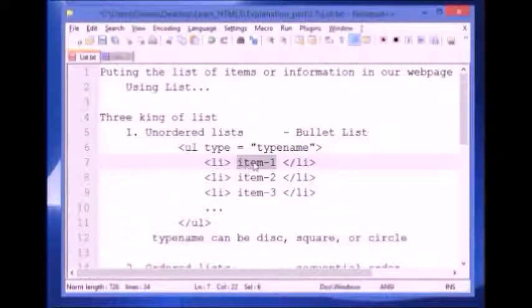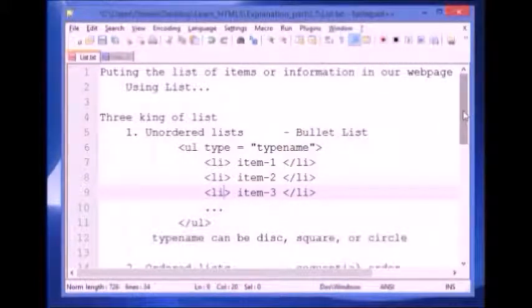So like here li tag is open, here li tag is closed, and within that list item tag we have put here one item 1 or our information what we want to display on our web page. Similarly, we can use as many list item li tags as we want to show. It depends on the number of items in the list that we want to display in our web page. Okay,